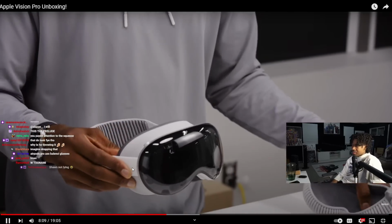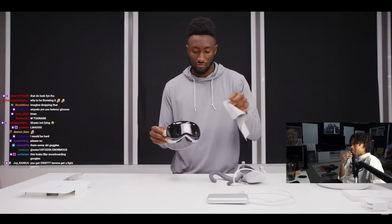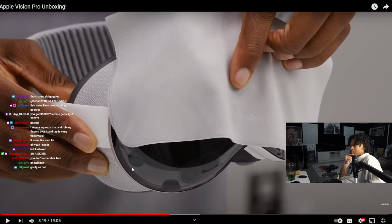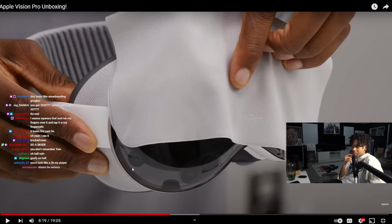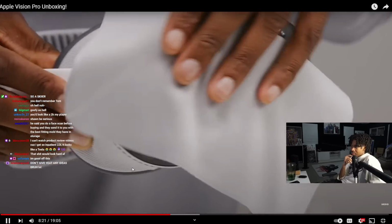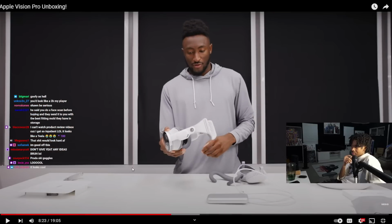Reflective, but now you can probably imagine why people are gonna carry this Vision Pro cloth. Notice it says Vision Pro on the microfiber. I mean, okay. I'm not going to have the microfiber on there when I'm using it, but okay. Hopefully you can see that. But yeah, so when you get the headset, you're going to notice